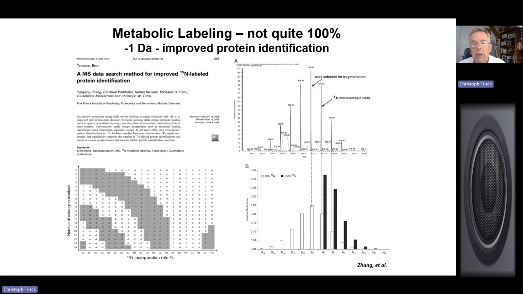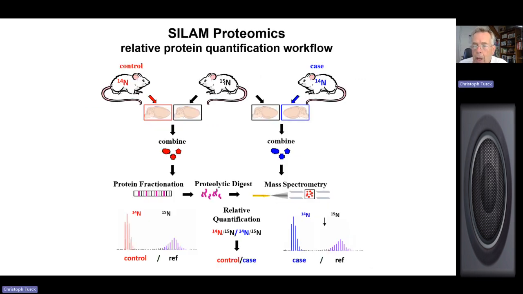So I'm telling you all this because, when you do SILAM, as you go along, like in science always is the case, you sometimes have to develop certain tools to optimize the method. But this worked out really well for protein identification. Now, this is also an important aspect to consider.